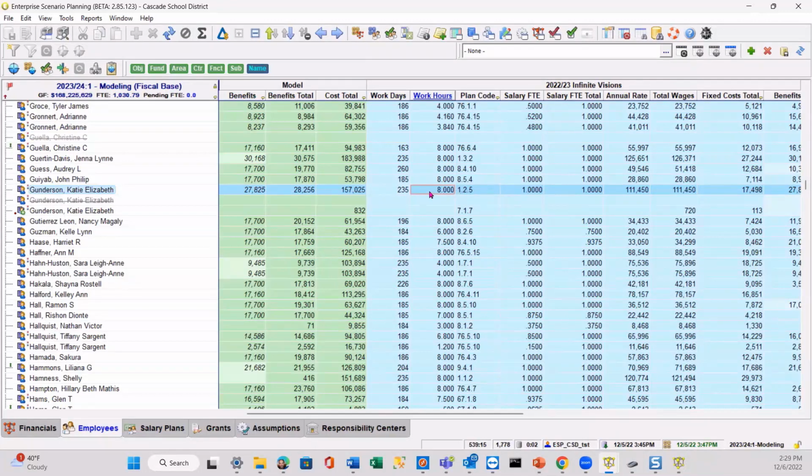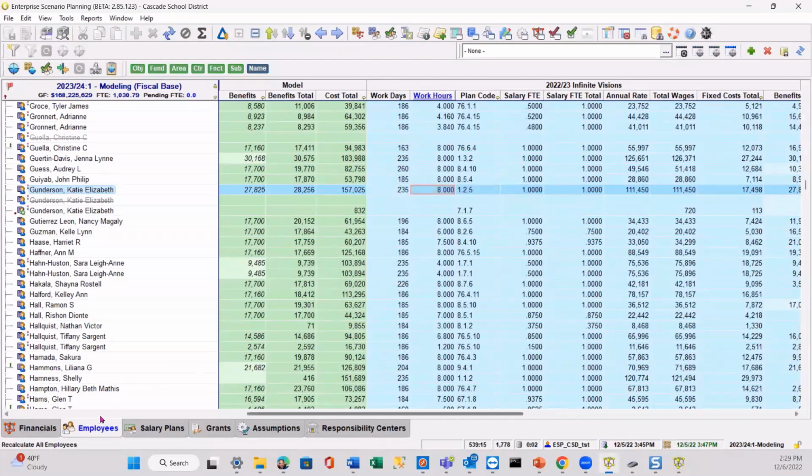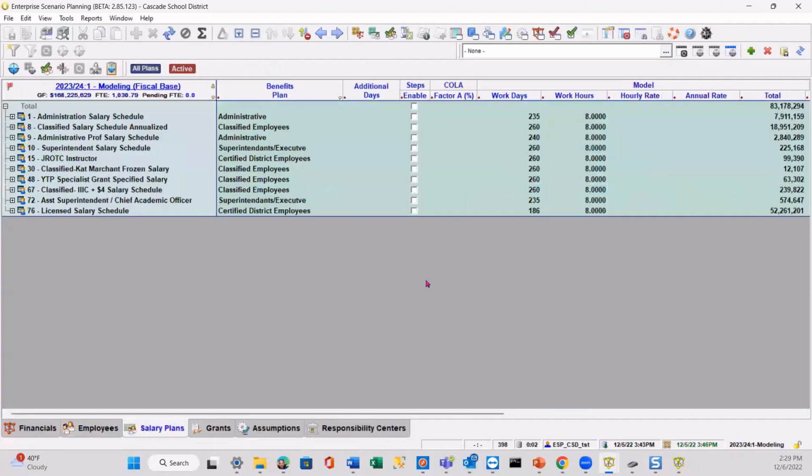Back to what they were loaded, and then you recalculate, and it goes through and applies all of the factors to the employees. You recalculate by this button right here, or when you make a change. Let me go to the salary plans for a second. Let's say you want to add stepping. We'll go over all of this stepping and COLAs a little bit later, but I just want to demonstrate something right now. When you click save,